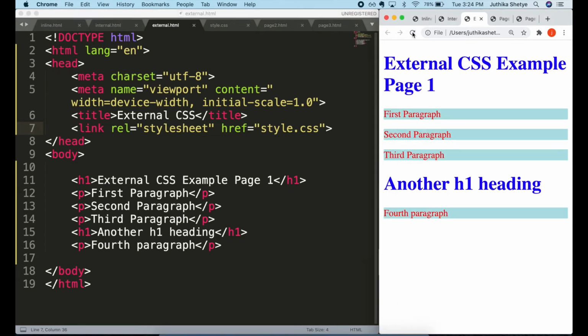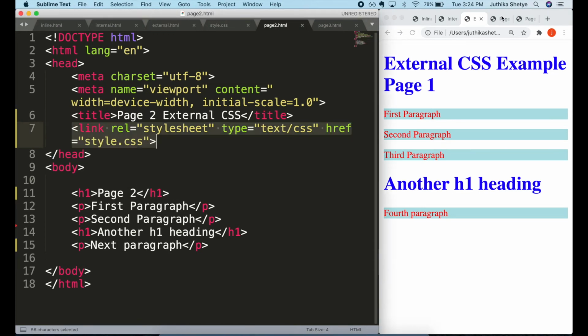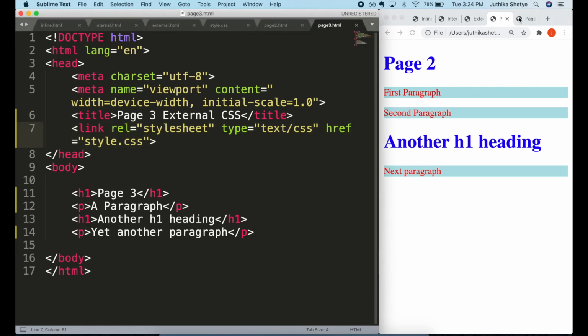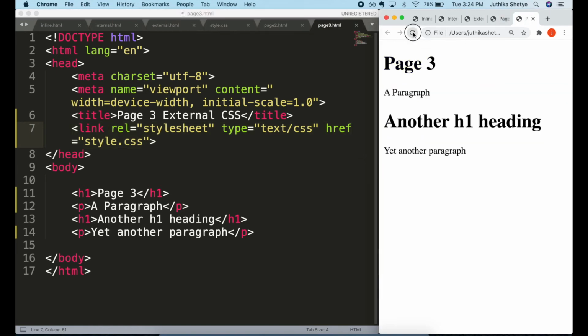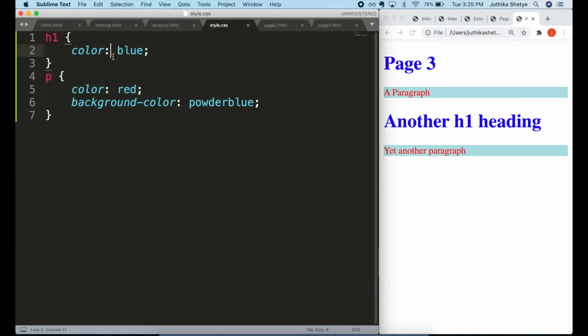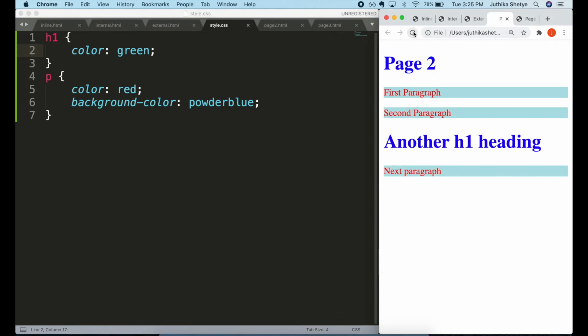So now what happens is that every single HTML file that links to the external style sheet will all share that style sheet. So if you had a site with say 1000 pages and you decide to change that color from blue to red or something like that, then all you need to do is open up style.css, change one line of code, and you have now just changed potentially thousands of pages.